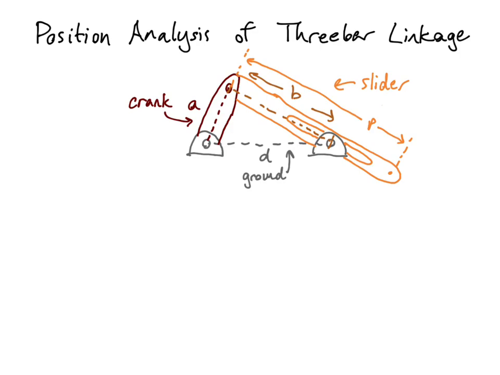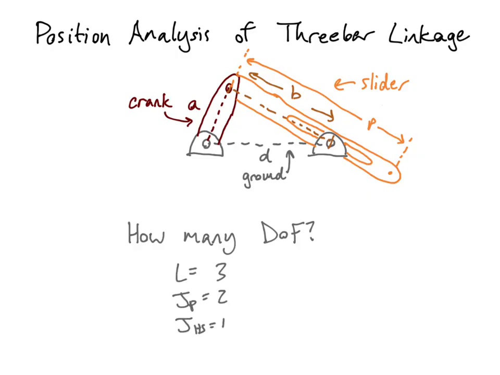So how many degrees of freedom does this system have? Well, there's a little question. Here's a good place to press pause if you want to play along at home. And we can see that there's 3 linkages. So we'll start 1 for ground, 2 for the crank, 3 for the slider. Pin joints, we have 1 between the ground and the crank, 1 between the crank and the slider, and then between the ground and the slider, we have a